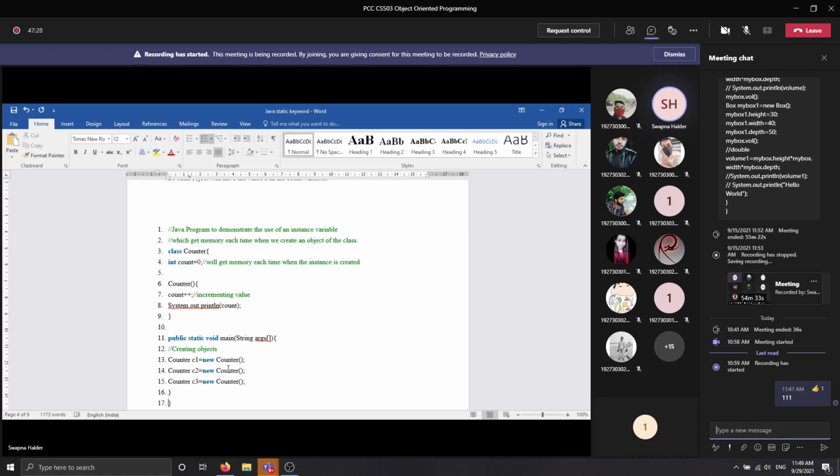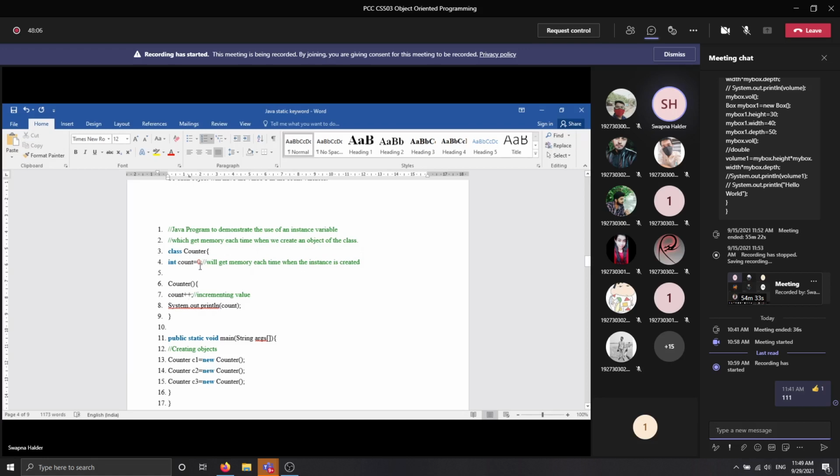Look, whenever you declare this count variable as static, its memory will be initialized only once. And if you create several objects of this class, the same memory location will be accessed. For the first object, you increment this variable value by 1. For the next object, whenever it accesses the variable, the value 1 will already be there, so it will be incremented by 1.